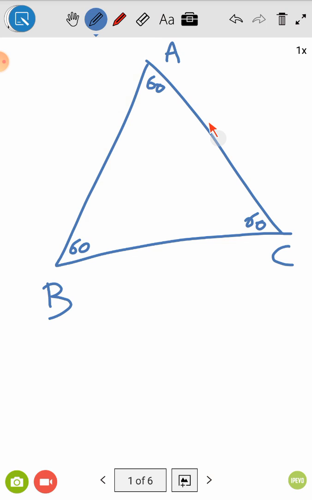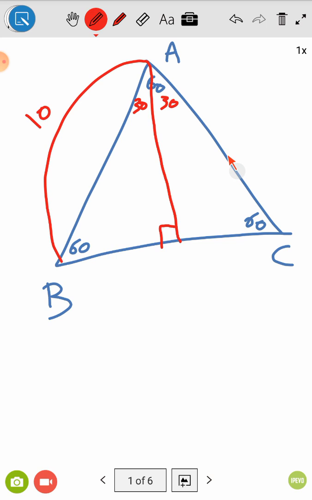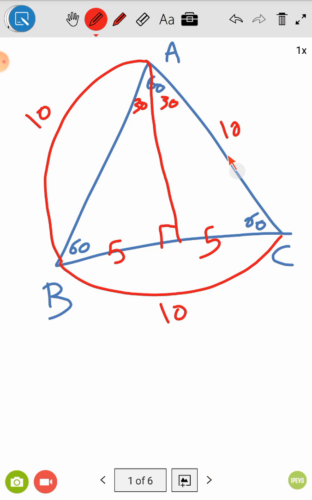So if we make a perpendicular from here, it means that part is 30 degrees and that one is 30. If AB is 10, that side will also be 10, and that one will be 10 because it's an equilateral triangle. So if AB is 10, BC will be 10, so that part will be 5 and that will be 5, and that is also 10. If we remove the part,